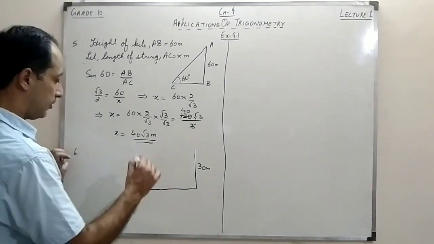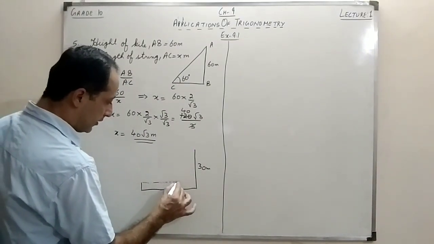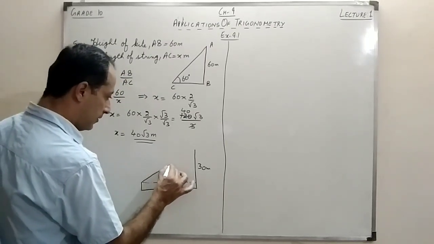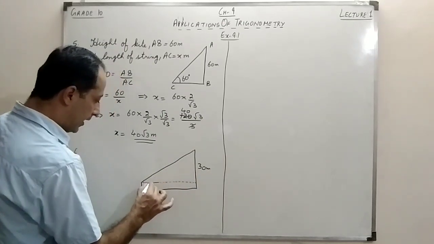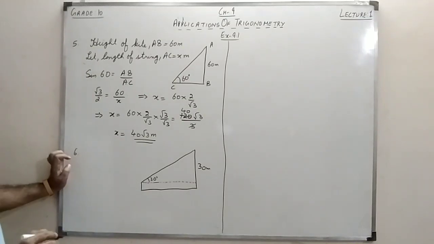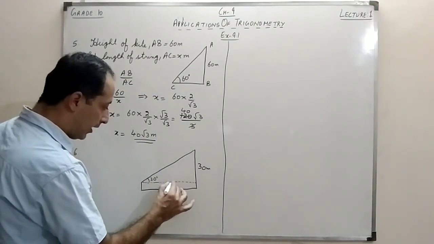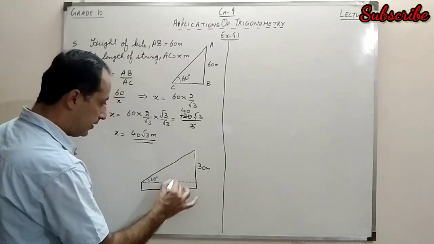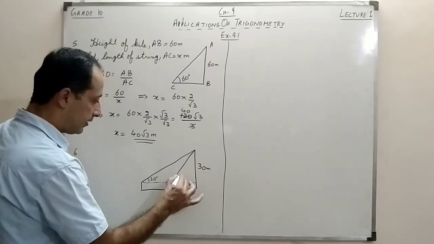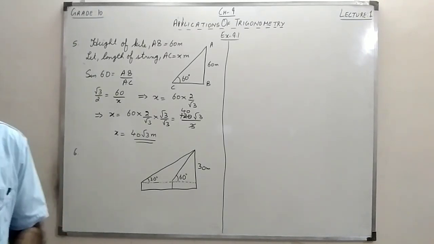What is given? At the moment, I just make one more line. This is a horizontal line which is parallel to the ground. Now, from the eye line of this person, the angle of elevation is given as 30 degrees. The boy moves towards the building, and after some distance the angle of elevation comes out to be 60 degrees. We need to find how much distance the boy has traveled.